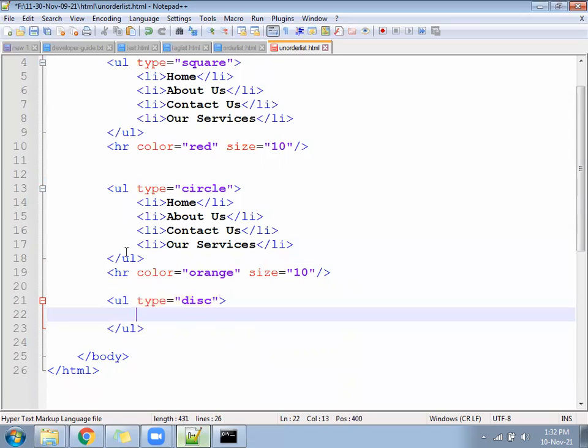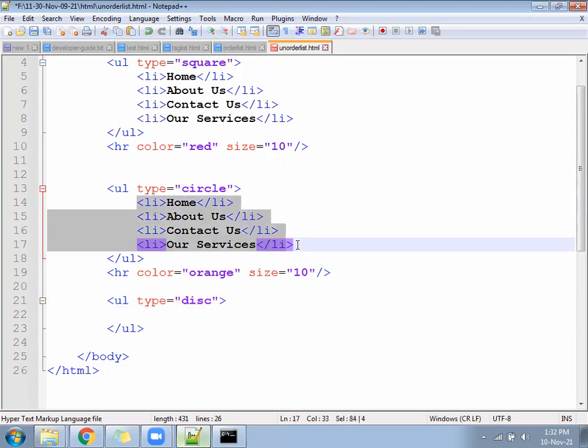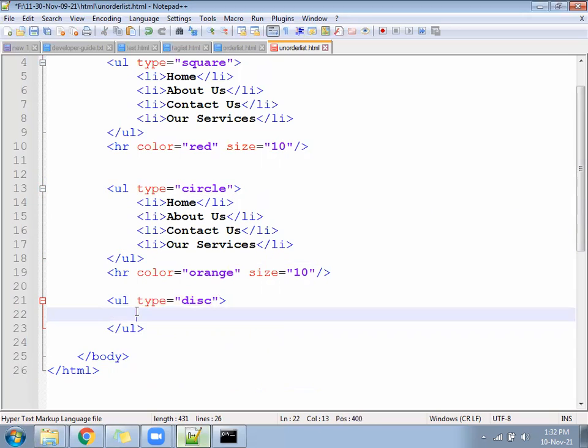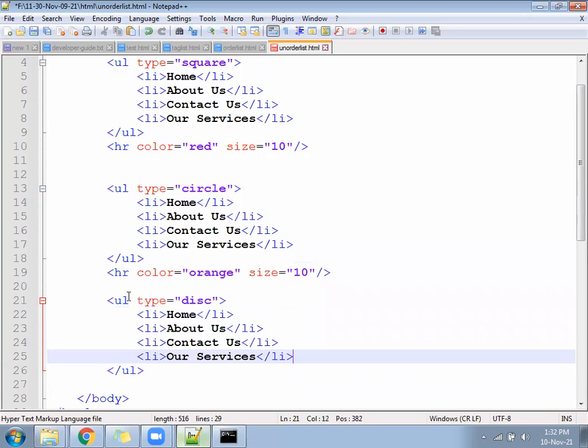Here also you can keep the similar li, and then check once. All three are different types: disk, square, circle.